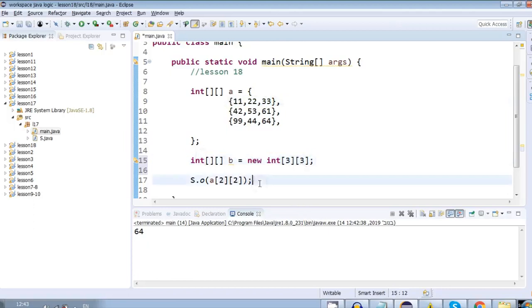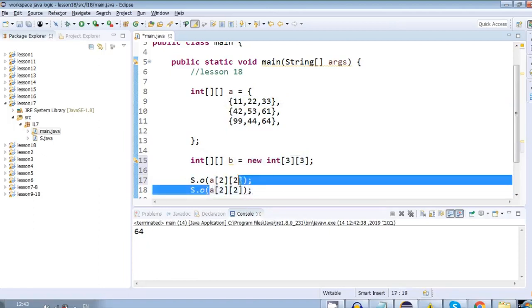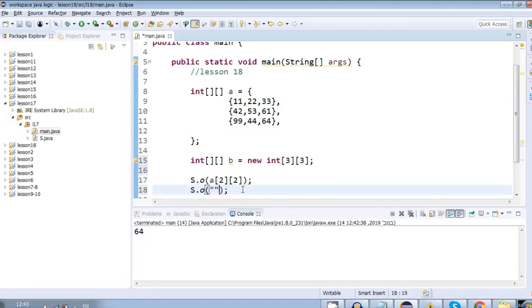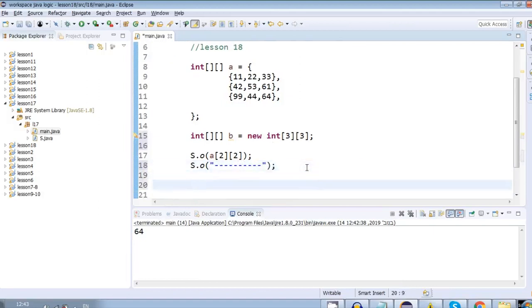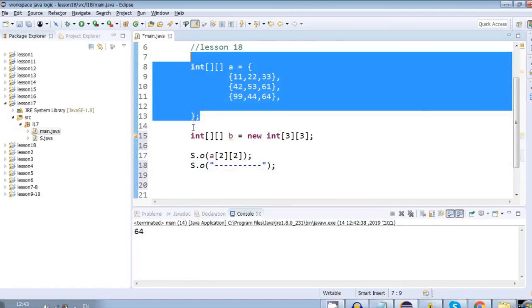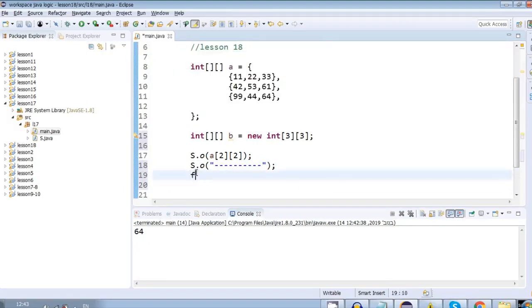And now I will show you how to loop all of this using the for each. First, let's separate this with a line. And the way we will loop A, all of its items, is with a for each, simply by passing each item as an int array, of AR